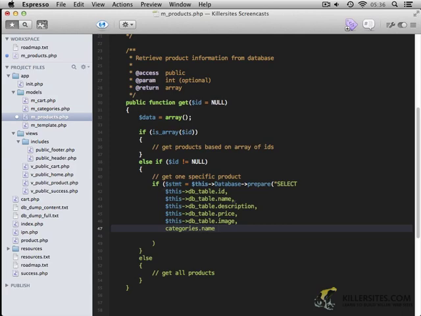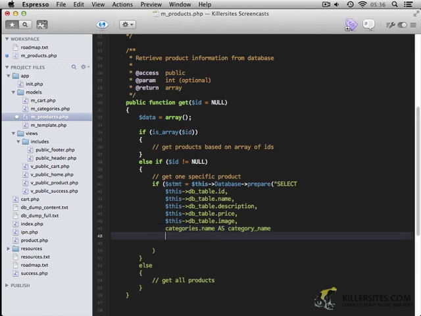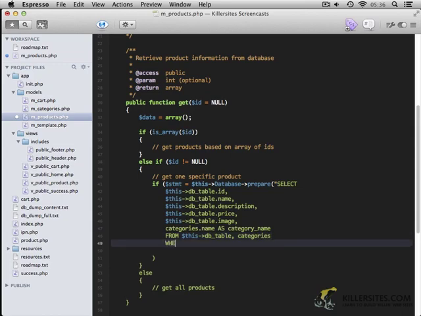And because name is already being used, I'm going to define this as category name, just so it isn't confusing and I can request that information correctly. And then we're going to get all of this from this db_table, comma, categories. So those are the tables that we want to access. And we get them where